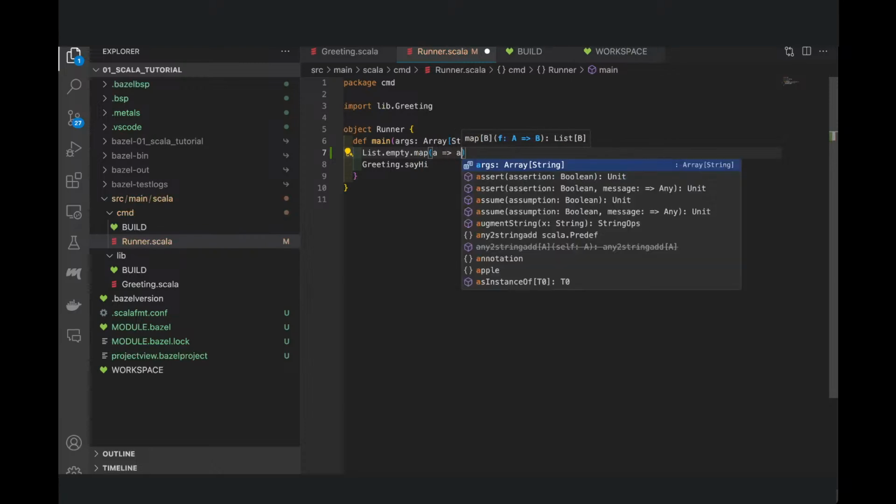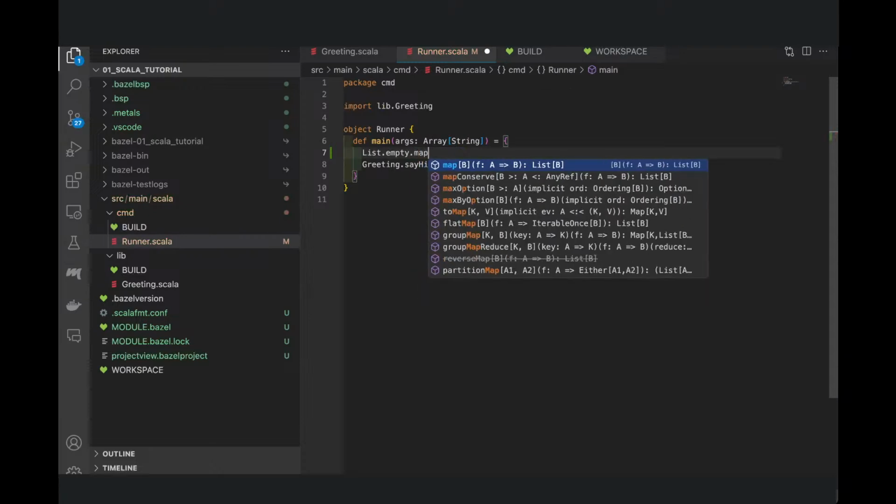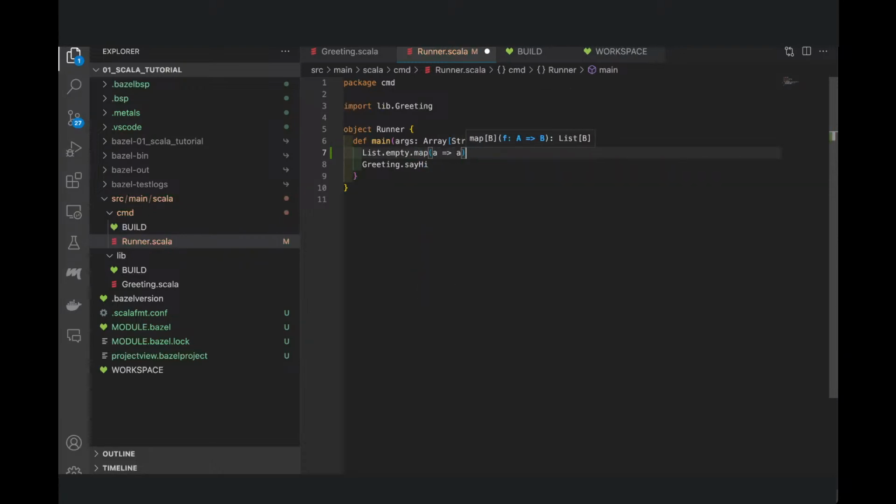Now, if we do identity function here, and I press Command S, it tells me, okay, there's a missing parameter type, right? If we go back here, this is fine. Now, if we go map A, and we try to use dot here, there's nothing. And I think it is basically just because the code doesn't compile.